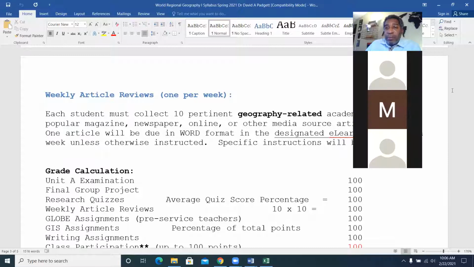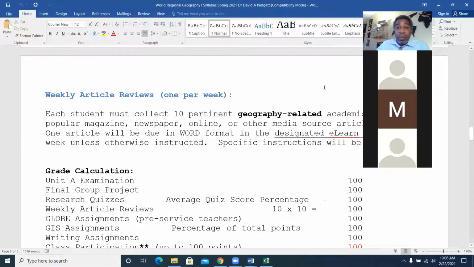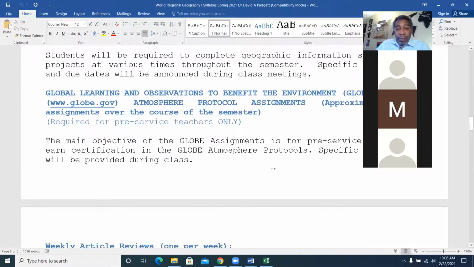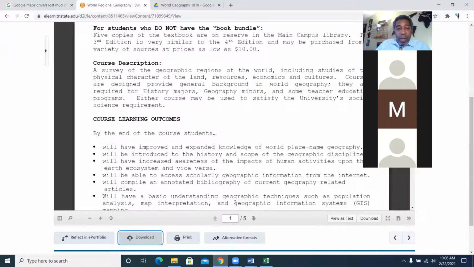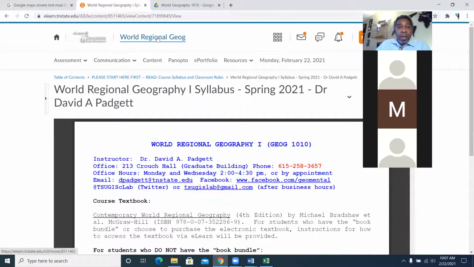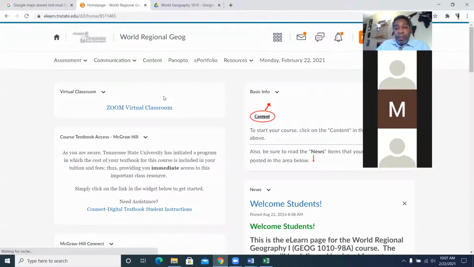They're not difficult to do, but a lot of students procrastinate, don't do the first one. Oh, well, don't do the second one. The next thing you know, you missed half the article reviews, and that will take a big bite out of your final grade. So just do them, and I'm going to demonstrate to you how to do them right now. You go back to the course webpage,